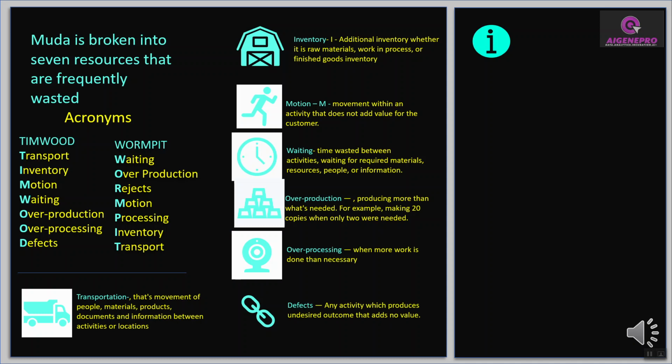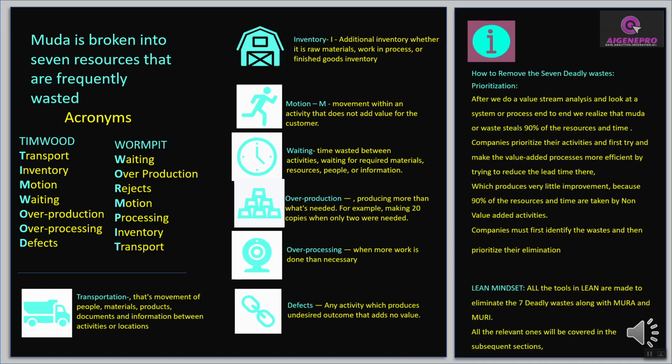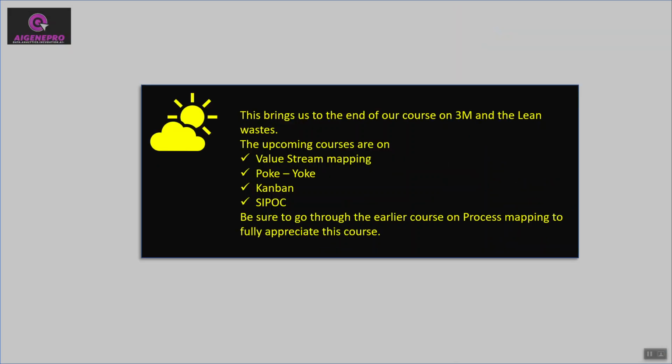Defects: any activity which produces an undesired outcome that adds no value. Something that has specifications less than the level the customer, both internal and external, had requested. One example of a defect is rework. Another example is a DSAT call, or a call which fails the quality parameters. How to remove the 7 deadly wastes? First,